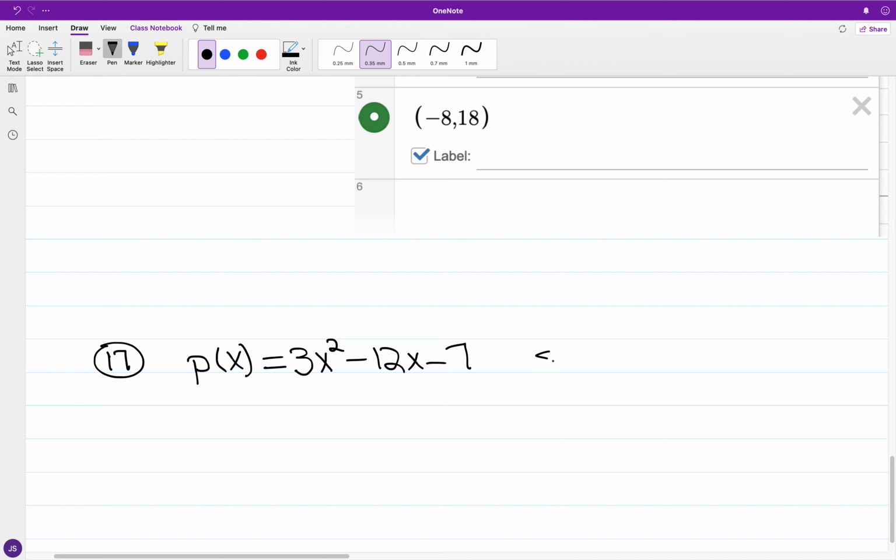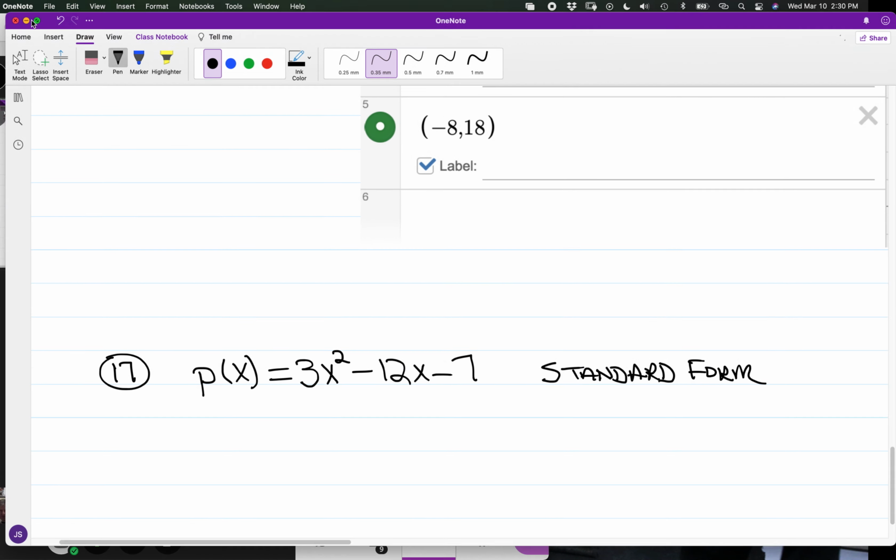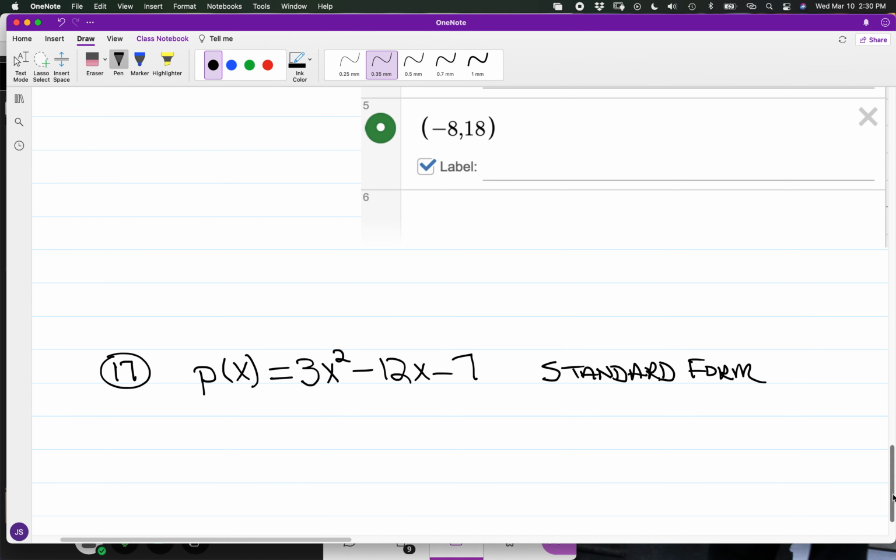So this is going to be the standard form. And if I convert to vertex form, now in comparison to what we looked at the other day,